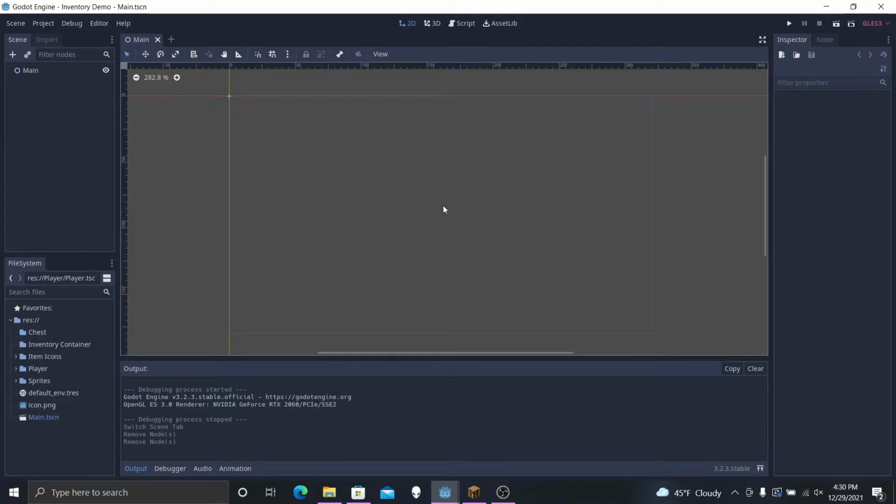He's going to be moving around. We're going to have chests everywhere that you can't interact with just yet. And if we press a button, then the inventory will appear. If we have time, we'll see if we can get some items to plot around our little camera area here. So without further ado,